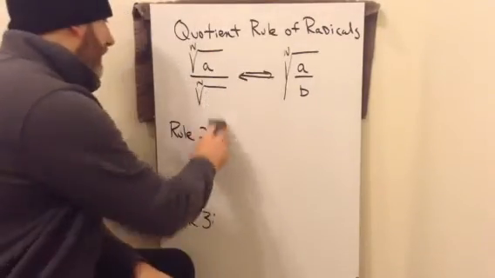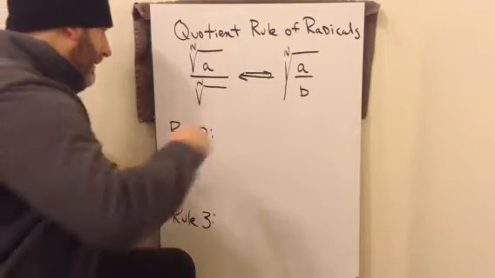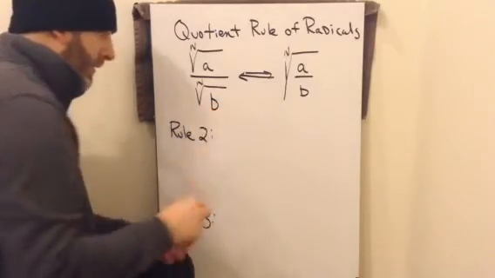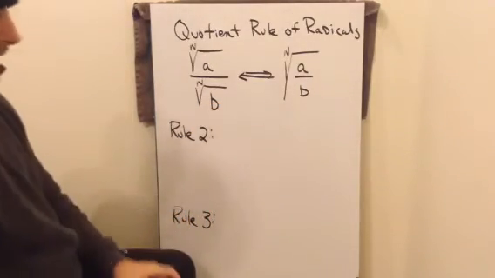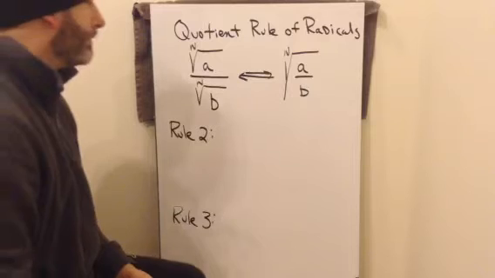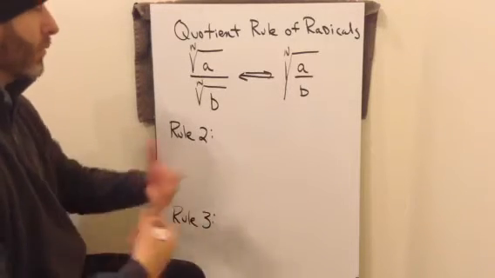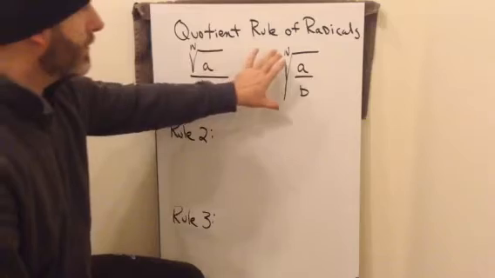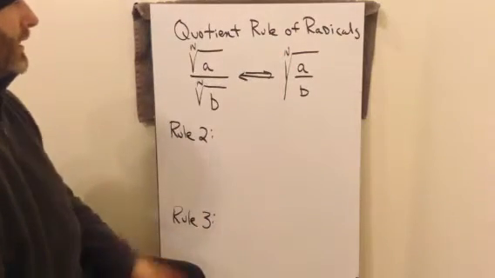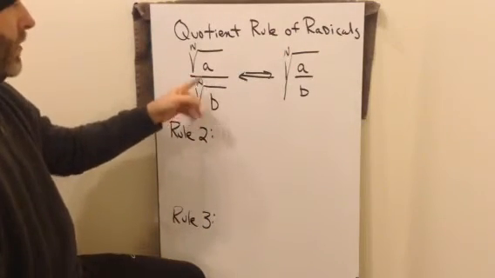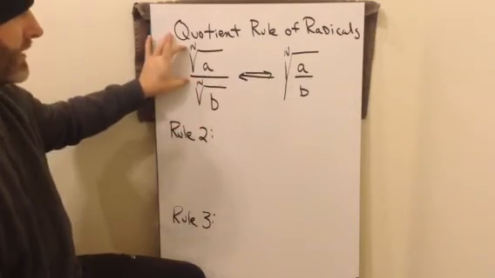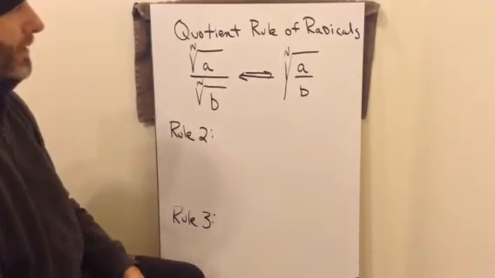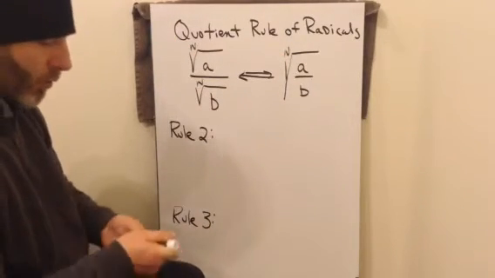I wanted this to be b in the same fashion. As I already told you, capitalization matters. Depending on the values we have and what root we are, you may have to approach it this way, or you may have to put it this way. Okay? Nth root of a over the nth root of b. Indexes match, we can combine them to do the division. Okay? So rule 2,